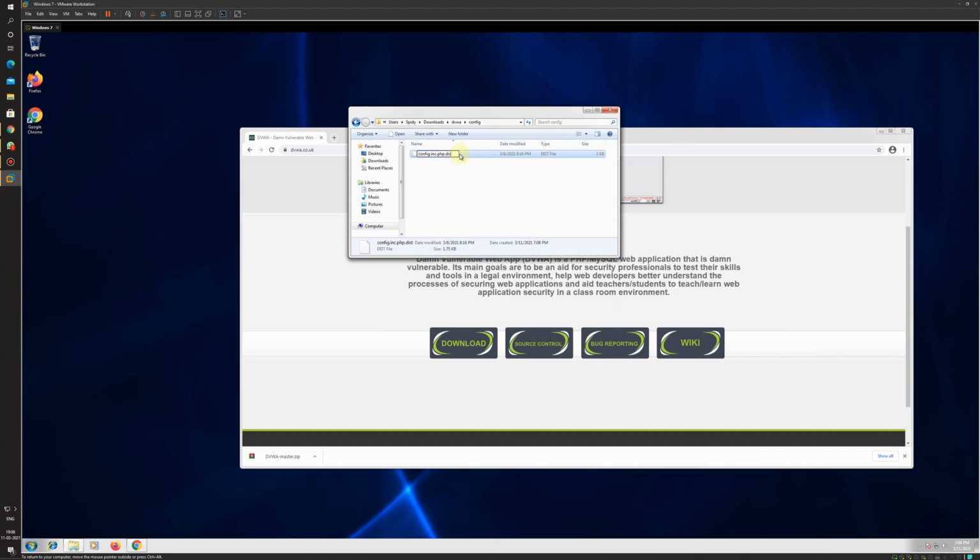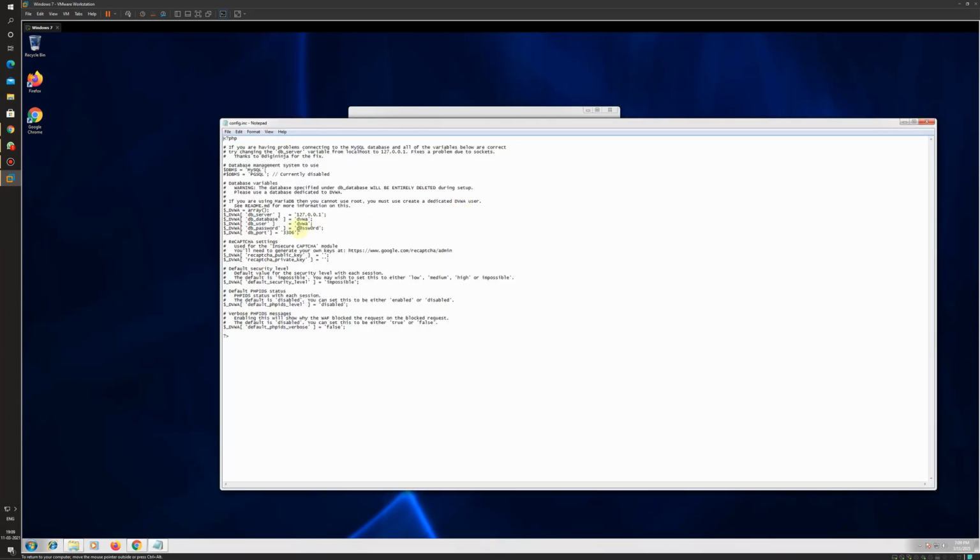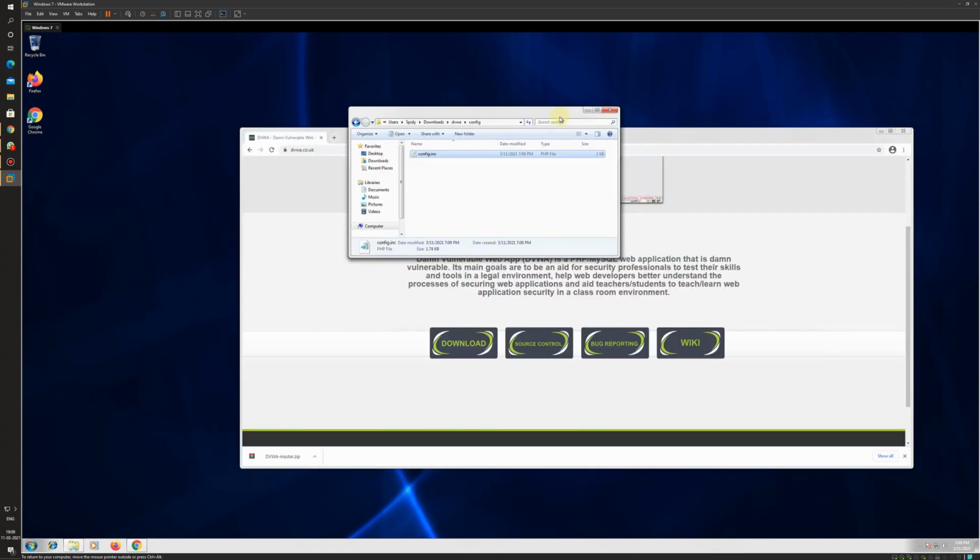From here we need to remove the .dist from the end and save this file, and then open this file with Notepad. From here we need to change the database username to root and the database password to blank, and save this file. Once it is done, we need to move this DVWA folder inside the XAMPP folder that has been created after